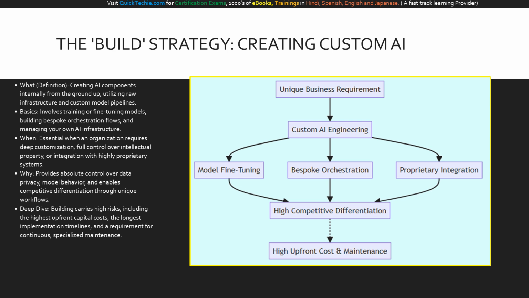You should only build when your organization requires absolute, deep customization, complete control over intellectual property, or complex integration with highly proprietary legacy systems that commercial tools cannot reach. Why go through the effort? Because building provides ultimate control over data privacy and model behavior. It is the only path that allows you to create truly unique workflows that serve as a competitive differentiator in